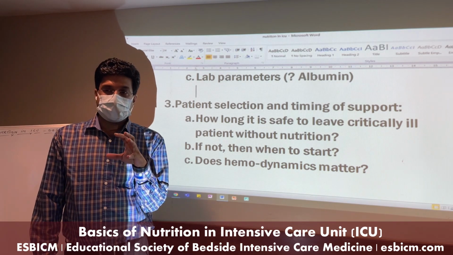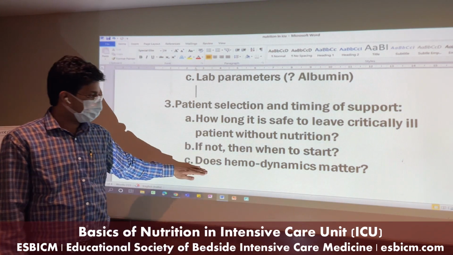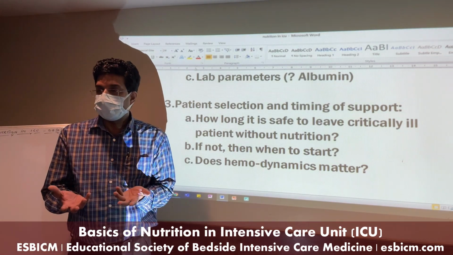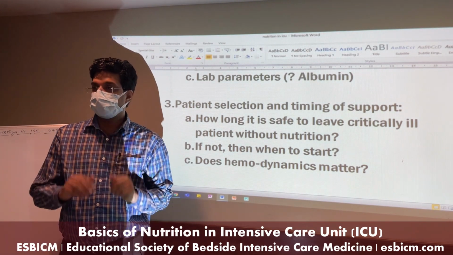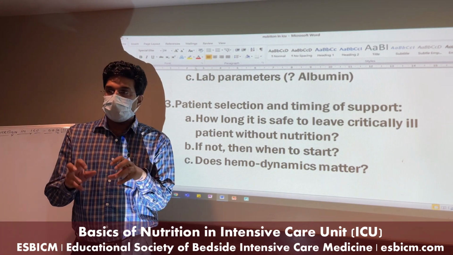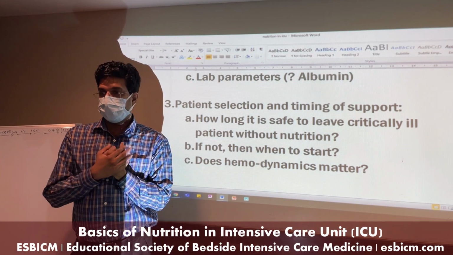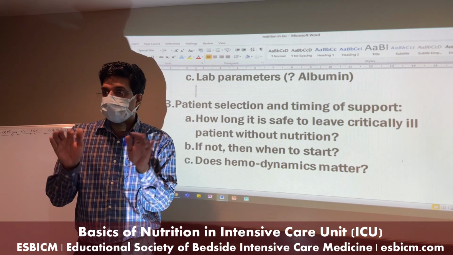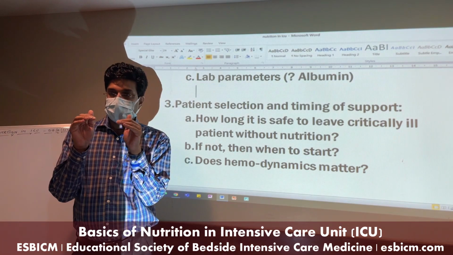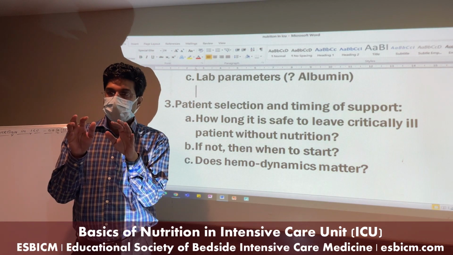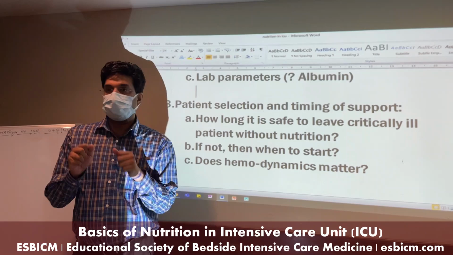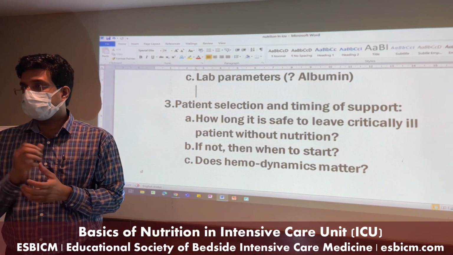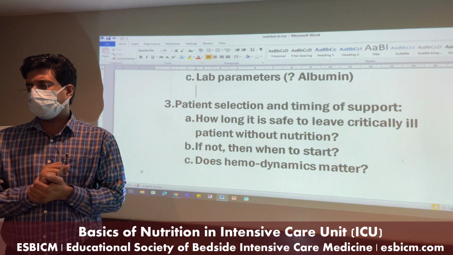See what happens when we discuss this point. Whenever a patient is hemodynamically unstable, you have given fluid challenges and still the patient is on multiple vasopressor supports, you want all the energy, all the blood supply and calories to maintain the hemodynamics of the patient. And what the body does is the blood supply to the bowel is a little bit reduced. It is sent to the periphery. So the bowel is at risk because of low blood flow.